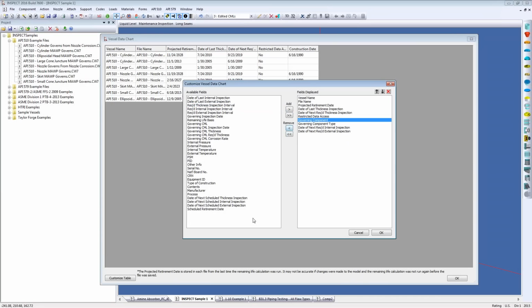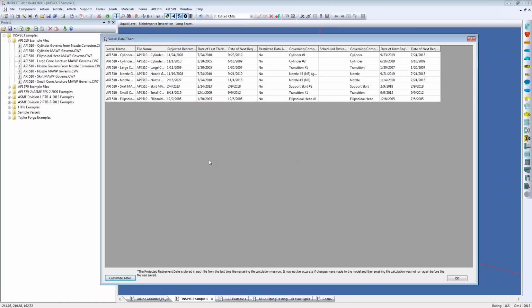And I'll remove that, and scheduled retirement date. So when I click OK, there we go. So all those files or vessels that I have saved in that folder, you can come in here and quickly see when's the projected retirement date of all of them, when's your date of next thickness inspection, and what's the